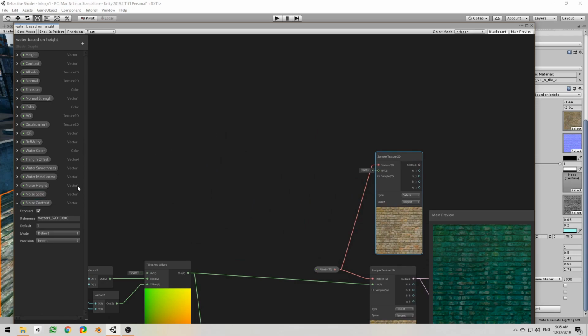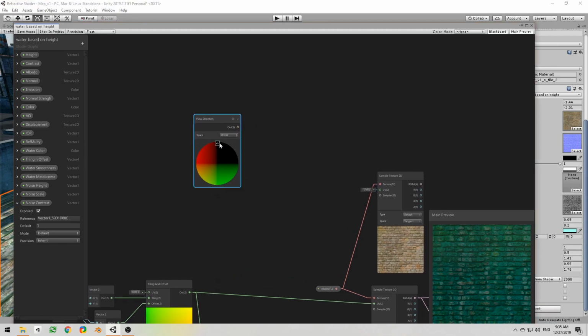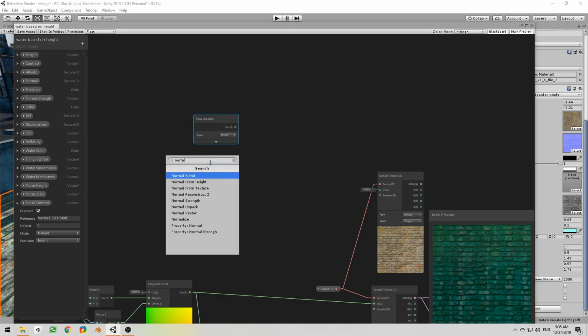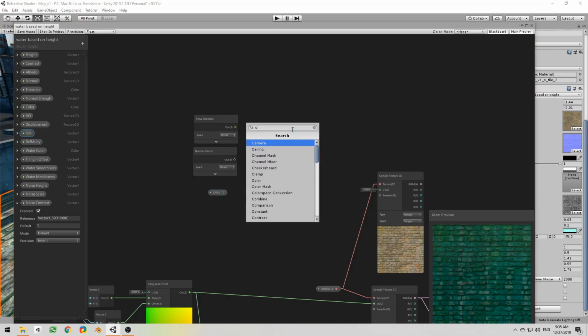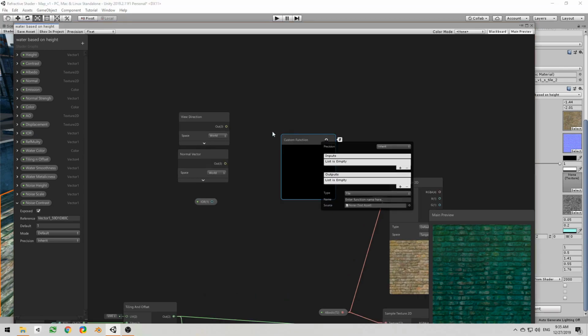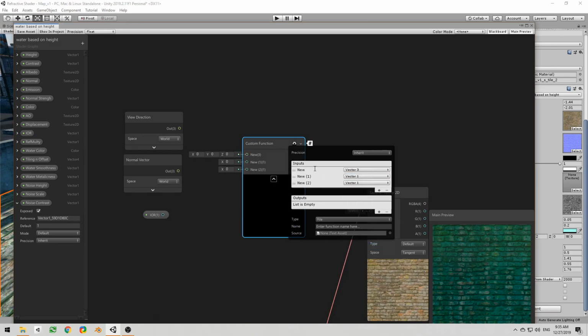So it's going to be view direction node refracted by the normal vector with some index of refraction, and it's going to be a custom node, and we will have our inputs, 3 inputs, the view, the normal, and the index of refraction, and we will have 1 output,